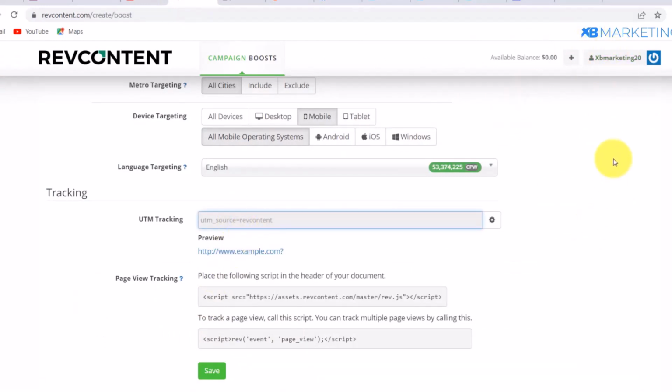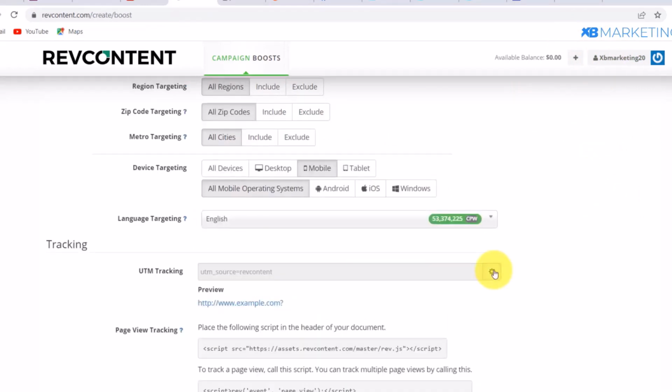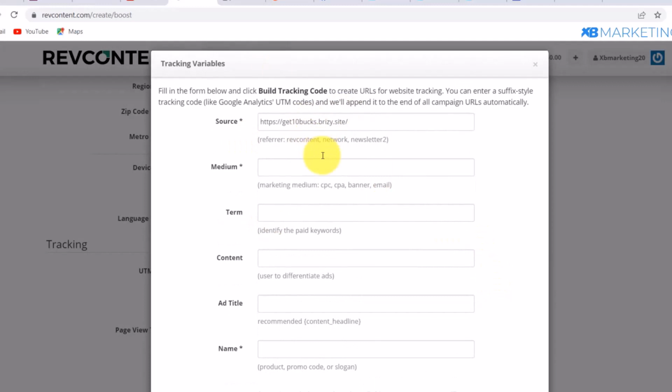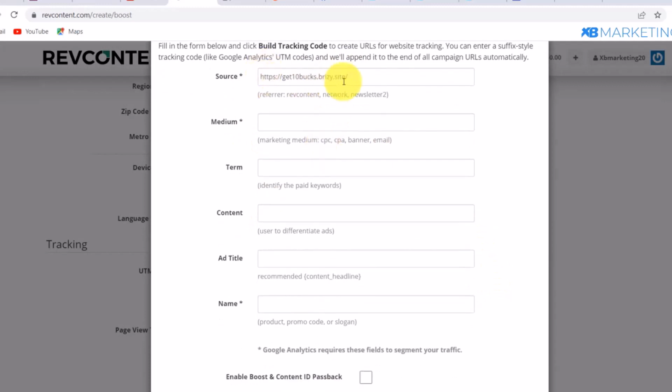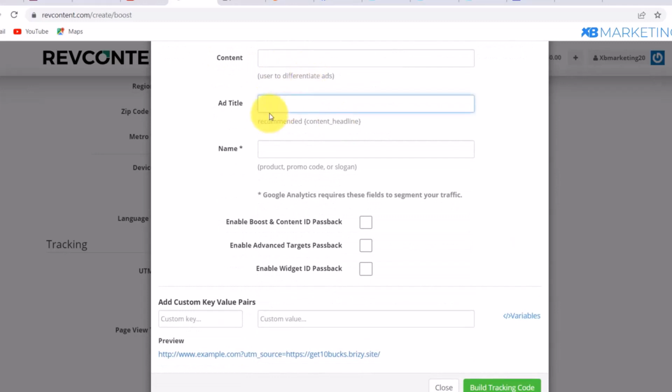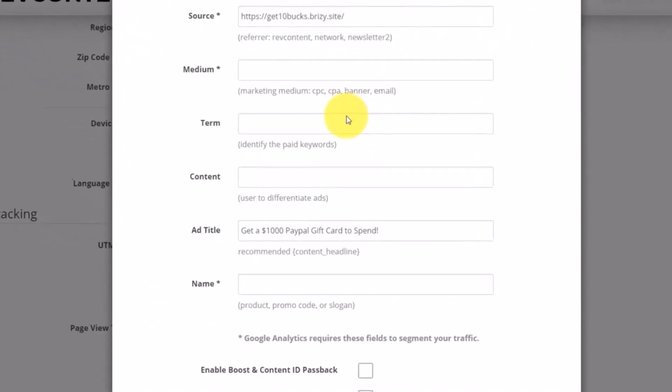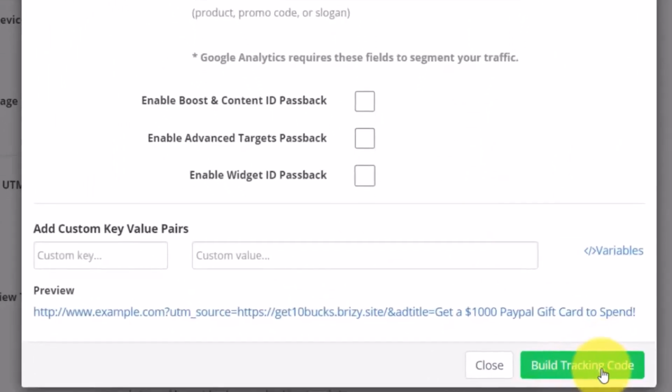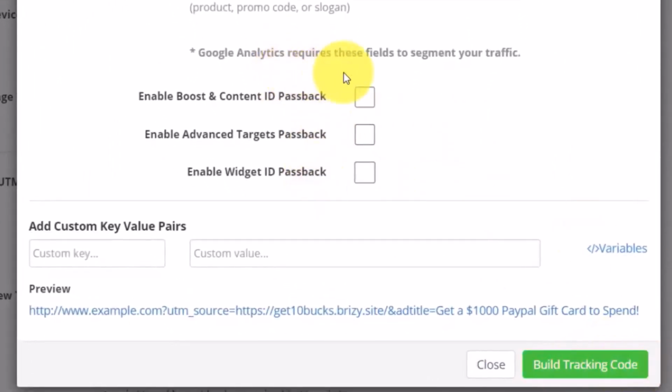So if you don't know how to use a tracking software, you can just basically click on this section right here. All right, so once you click on that, then you want to paste in your link right here. Okay, and you want to type in the name of the offer right here. Okay, so once you do that, then all you just need to do is click on build tracking code. All right, so once you do that, as you can see, this is your link right here. All you just need to do is click on build tracking code, and in a few minutes your ad would